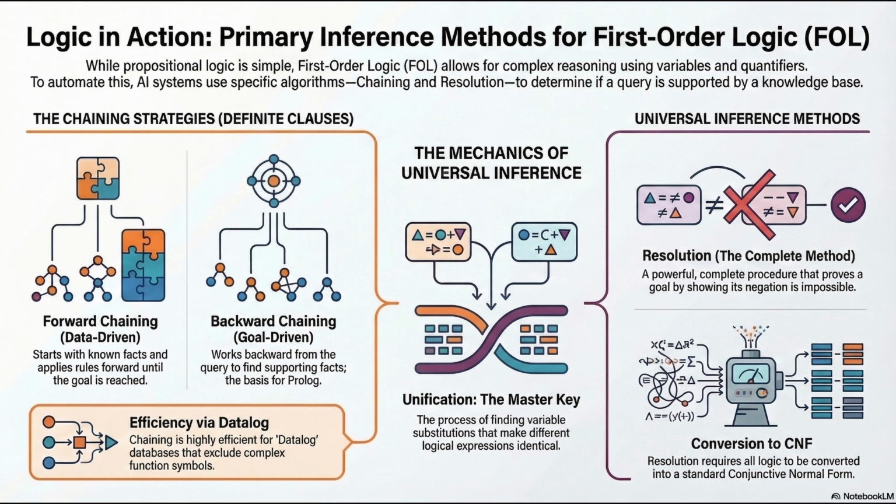Well, before we get to the existential dread, let's start with the basics. We have talked about propositional logic on the show before. That's the simple stuff, right? Right. Think of propositional logic as the language of specific facts. It's very rigid. You can say it is raining or it is not raining. You can say John is a king. Simple enough. But it lacks variables. In propositional logic, you can't easily say something general like, if it rains, everyone outside gets wet.